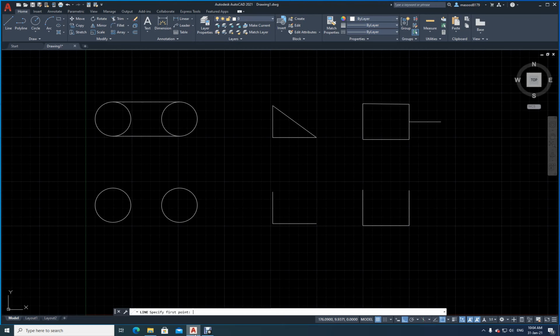Now here on the computer screen, you see I have got some shapes. You have got some finished shapes over here on top, and you have got some shapes at the bottom. Okay. So let me just close this one first before I discuss. So now I want to finish these shapes.